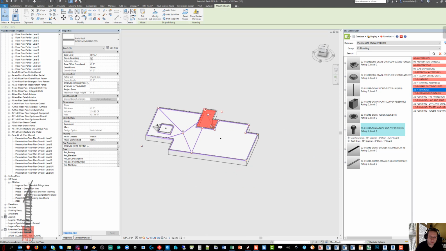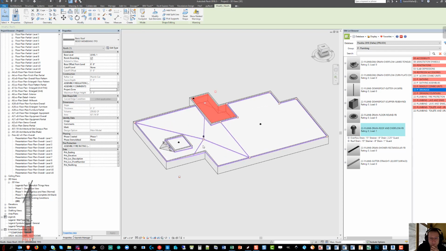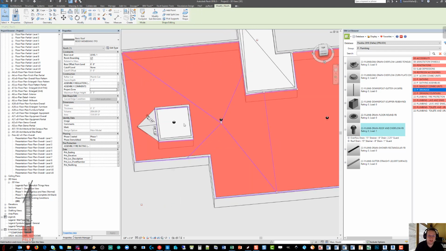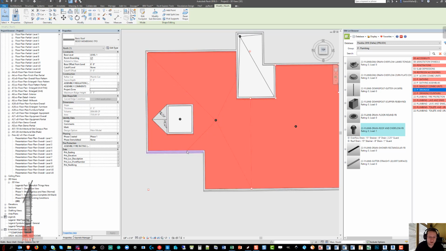But that's basically what I do to make it so that I don't have to use the adaptive component solution or the in-place voids or the modeling individual planes of roofs, which I've seen folks do as well. It takes a little more finagling, like in this case, to figure out exactly where these points are going to be. So if you were to talk to or review with structure and find out that they were going to do something where this was like a top of steel elevation, but then they wanted this piece sloping down to come all the way down to here, so that then this ridge or this valley ran to that corner,